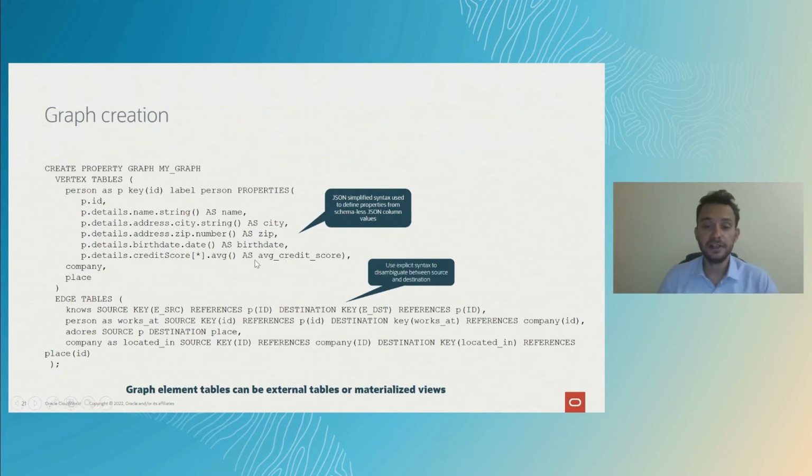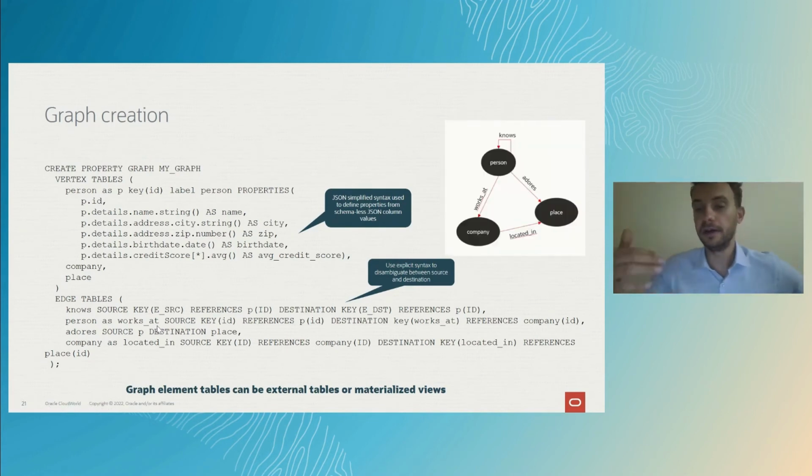In addition to this, one thing to notice is that some of the tables, like person, can be at the same time both a vertex table but also an edge table. Why? Because the person table had a primary key, foreign key relationship with the company, right? The person can work at a company, so we can expose the table person as an edge table, right? So once this DDL is executed, then the graph you see now on the right side of my screen